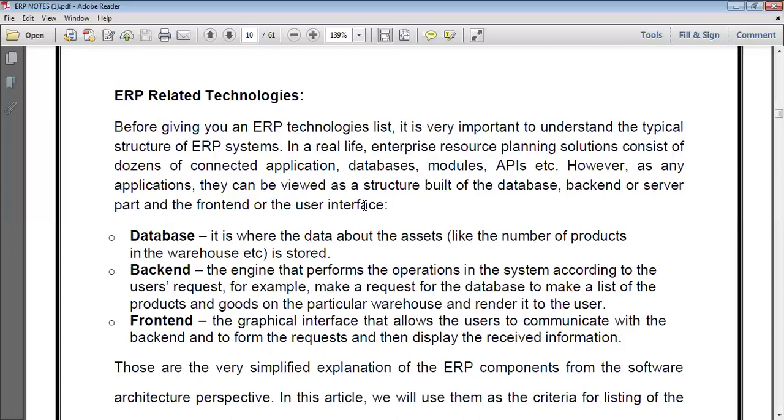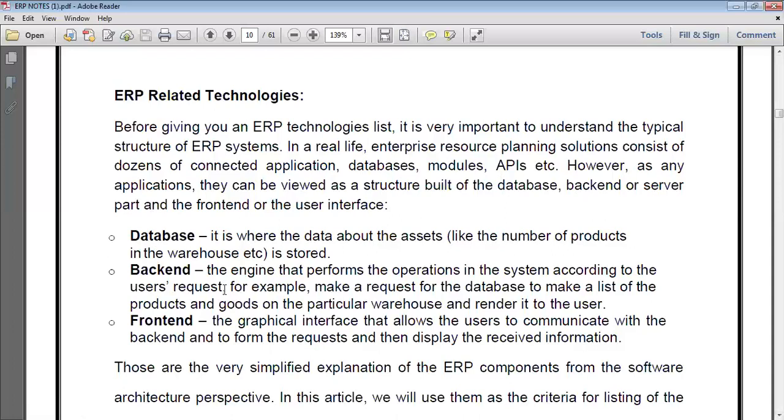Now the point is the database. So APIs, database and the modules. API means application program interface. Remember, students, application program interface. This is the full form of API. Now the point is database, back end and front end.